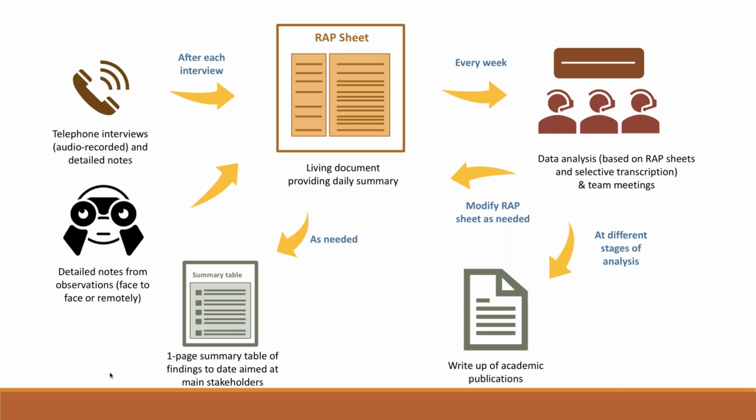Now, in addition to that, because we're working as a team, we've got team meetings where we're starting to discuss those emerging findings. If you are using one rap sheet per researcher, then during those team meetings, researchers would come to the meeting, each with their own rap sheet, and we could start teasing out what are some of the findings that each of us have started to document. Are we seeing any similarities? Are we seeing any differences? Can we then take all of these rap sheets and generate a one-page, I'm just saying one page, but it could be any type of short summary of emerging findings that we can share with our relevant stakeholders? And that's the first green box that you see here.